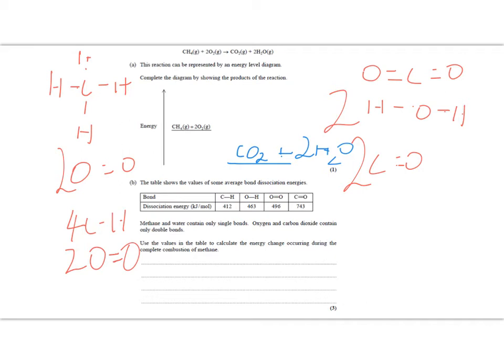And we've also made 2 oxygen-hydrogen bonds. But we've got 2 molecules of water, which means overall we'll make 4 oxygen-hydrogen bonds. So, when we're looking for bonds broken,